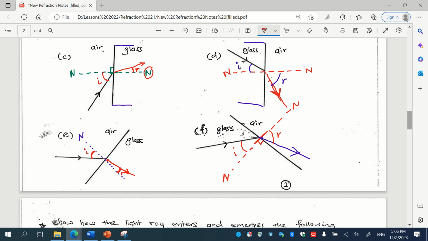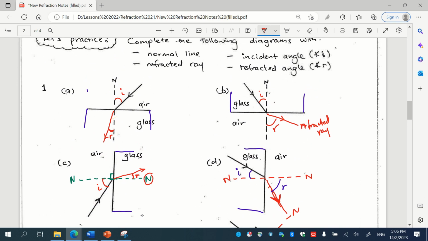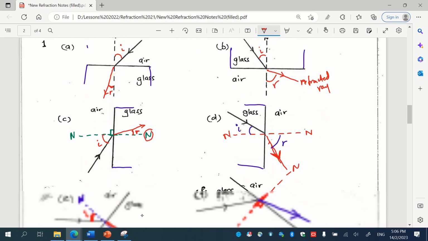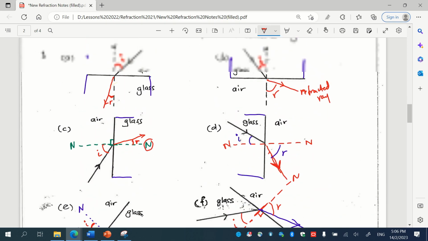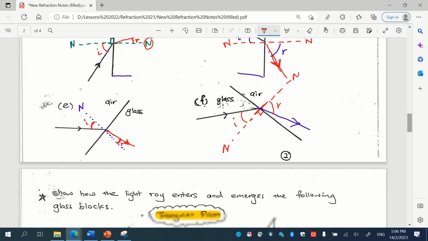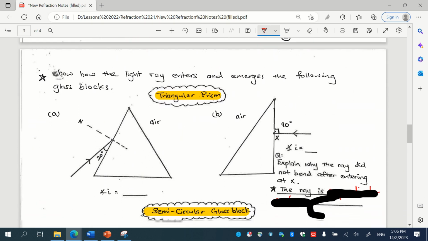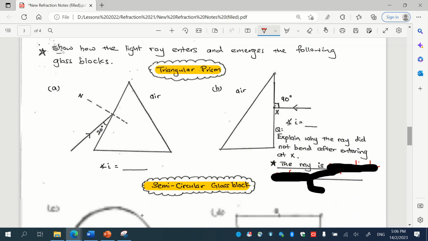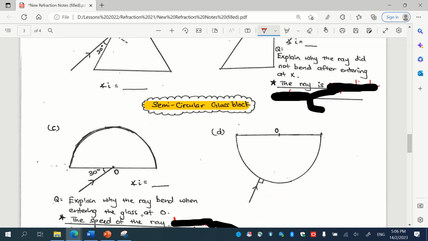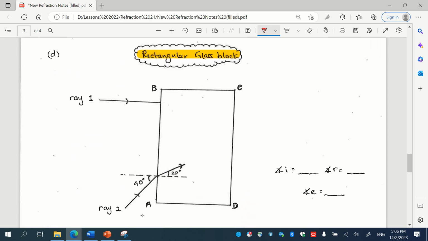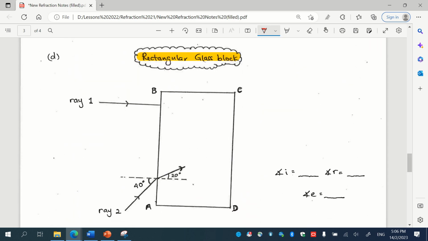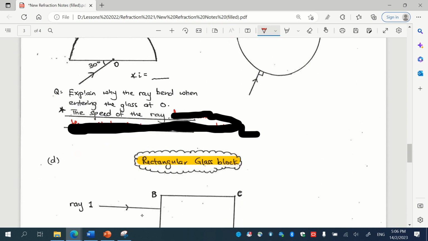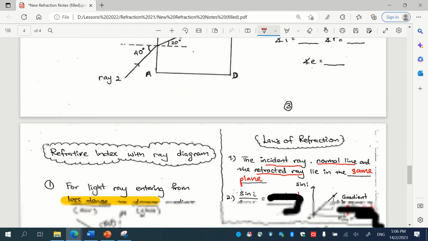So you must get used to three types of position: flat one, horizontal, vertical position, interface, and slanted position. Because there are three types of diagram you must know: the triangular glass prism, how the light ray will go through and come out; the semicircular glass block; and the rectangular glass block. But today in class we skip this part because I had to introduce